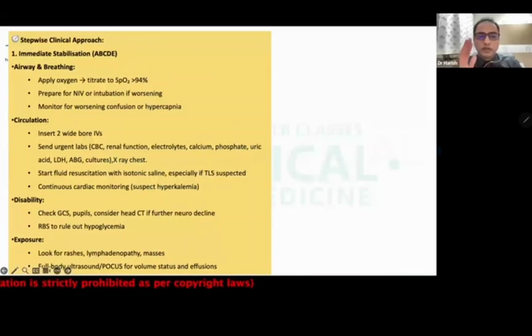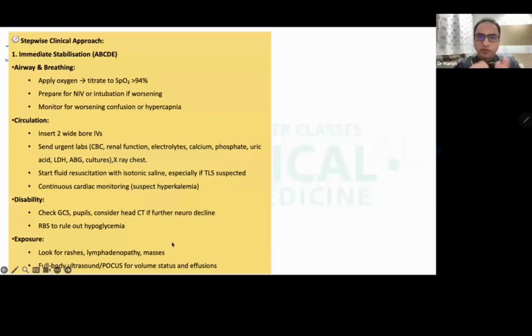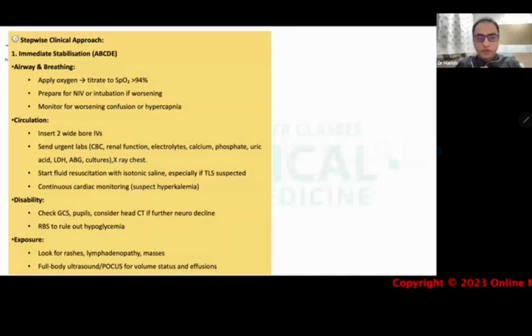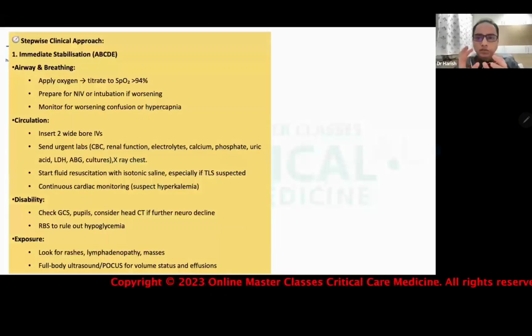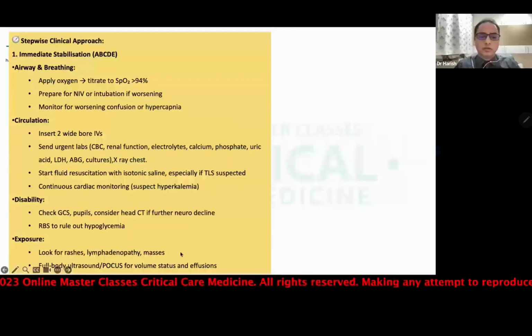Check pupils, and consider head CT if further neurological decline is there. Rule out any hypoglycemia because the patient has confusion. Look for any rashes, lymphadenopathy, masses, because there is a fever history. In a non-smoker with malaise and generalized weakness, consider some tropical infection. Look for lymphadenopathy, because with breathing difficulty and facial puffiness, we are suspecting maybe a mass in the chest. So full body ultrasound or